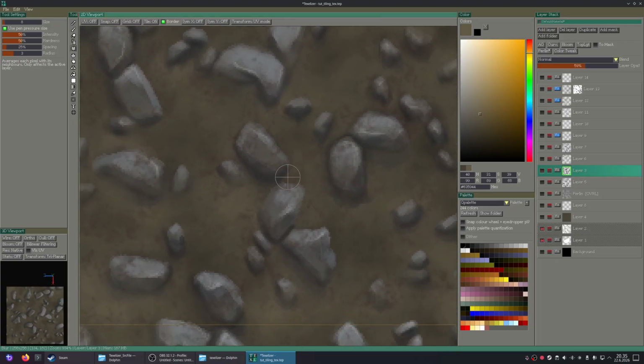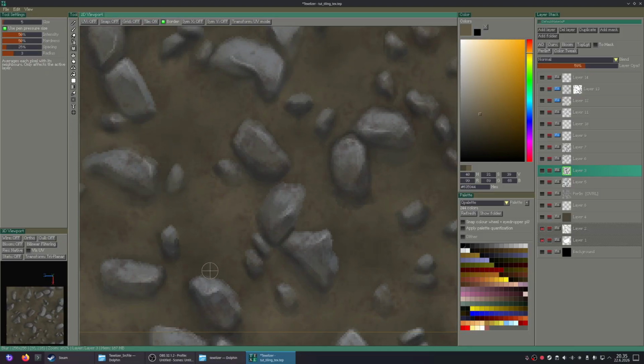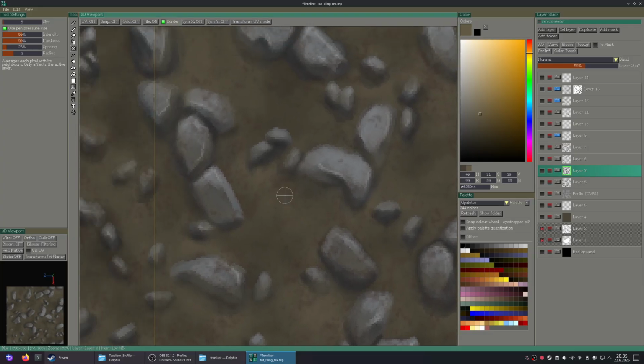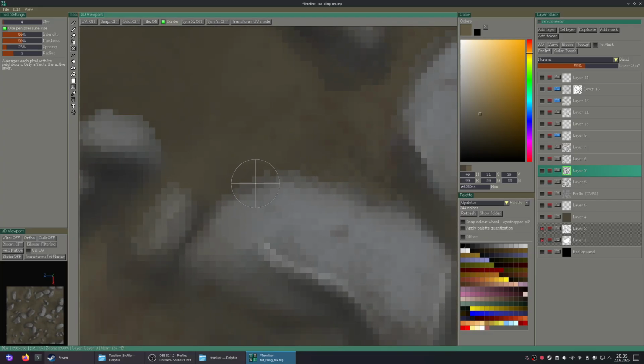And let's see if we still have that problem. So yeah, it's a bit more subdued, but there are still some parts, for example here. So now I have the blur tool enabled. I'll just, for example, there is something.